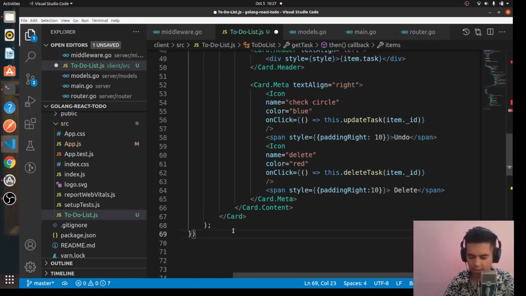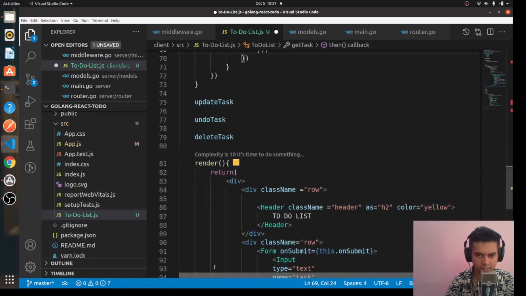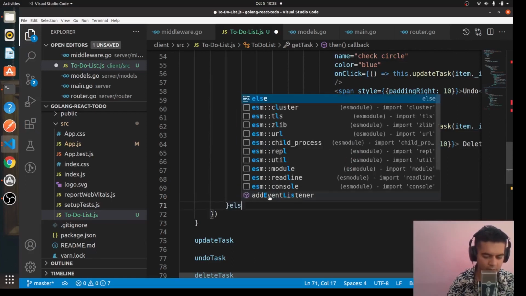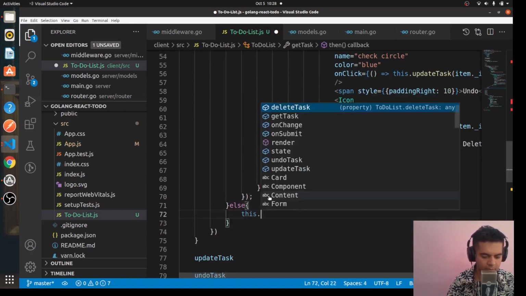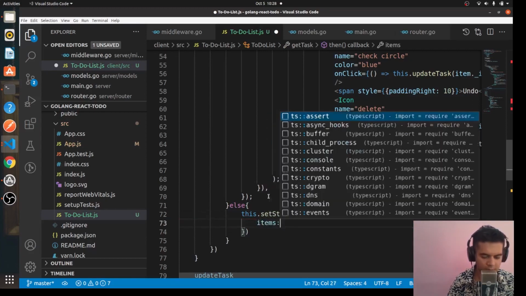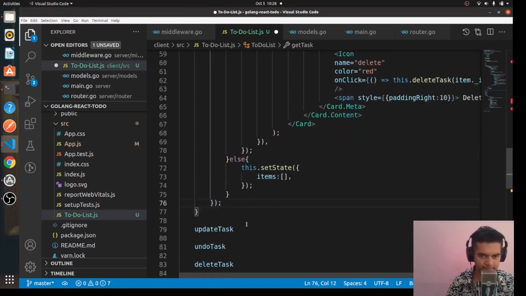semicolons here, comma here, and put a semicolon here, and here you can have an else statement. this.setState items, comma, put a semicolon here, put a semicolon here as well, here as well. Now your function is complete,